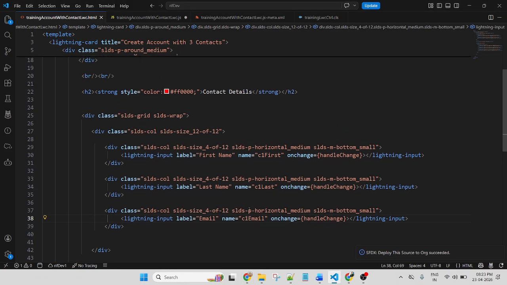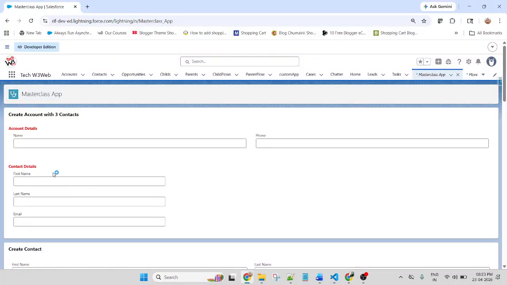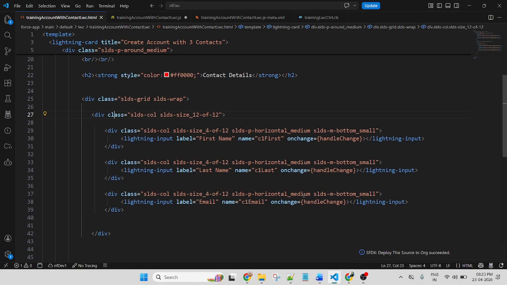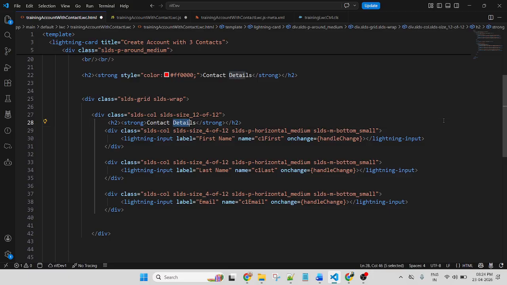And here you can put contact one. This is a wrapper. You can use remove the styles. Contact one. Okay. Let me check whether the display is good or not.